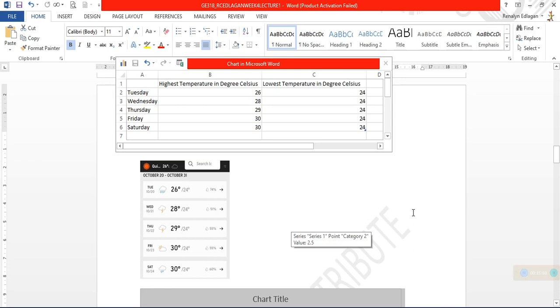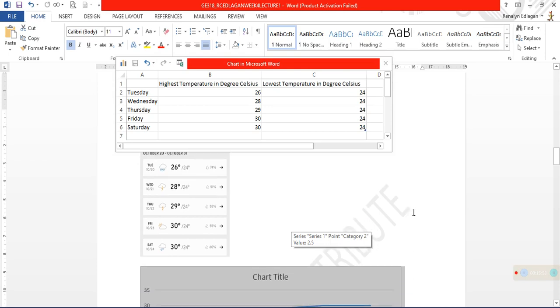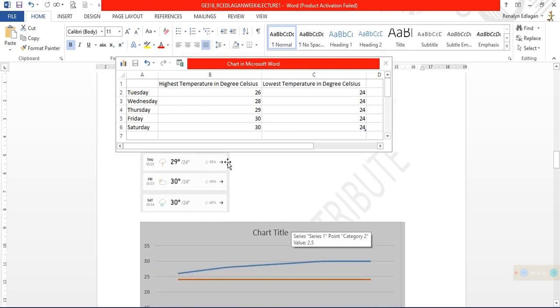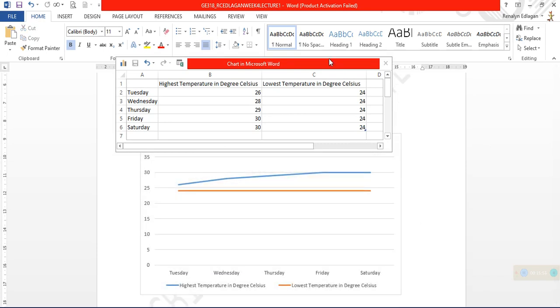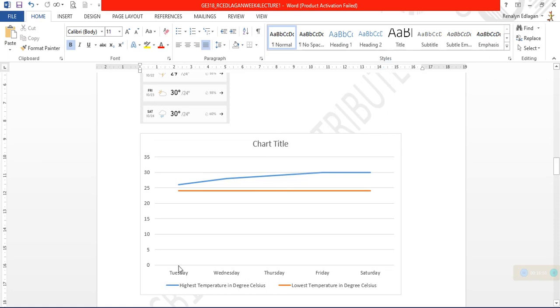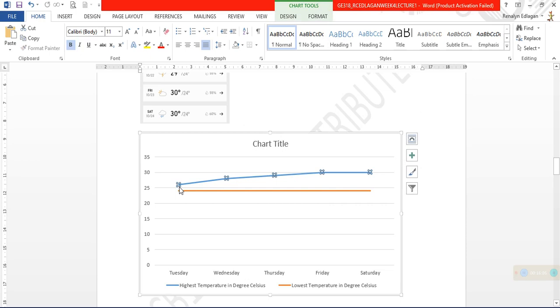Now, para may check nga natin, tama. Ayan, tama. So, let's check our graph. So, for the graph, ito siya. Ayan. Ito yung magiging itsura ng graph natin. On Tuesday, you can expect it to be 26. Ayan. Ayan sila. Followed by, ito, Wednesday,